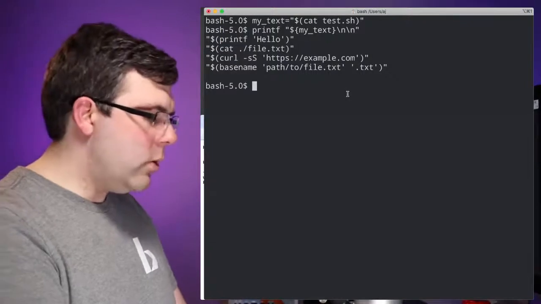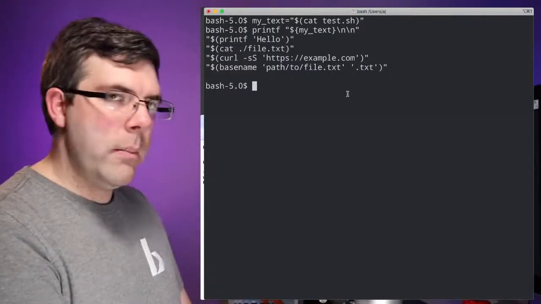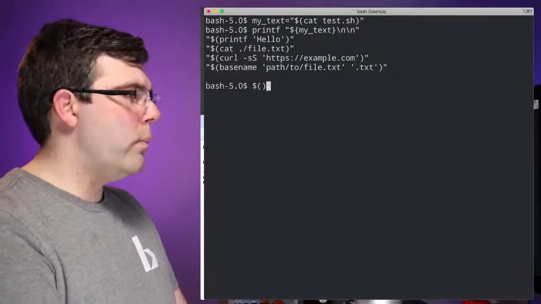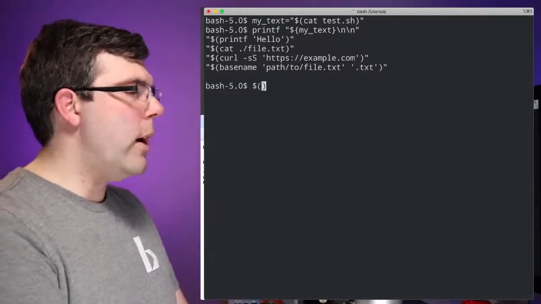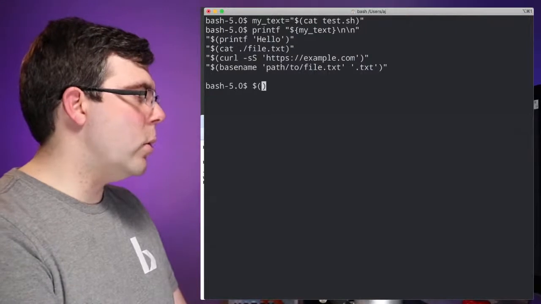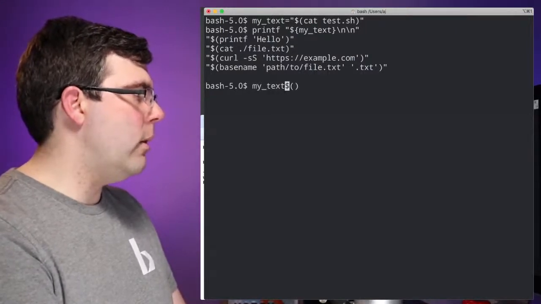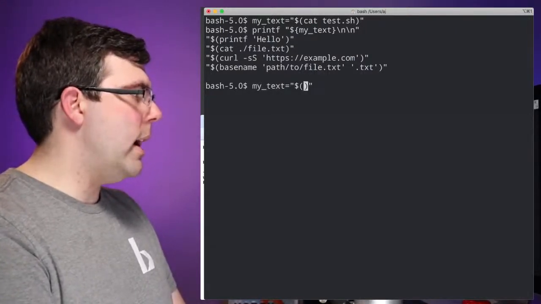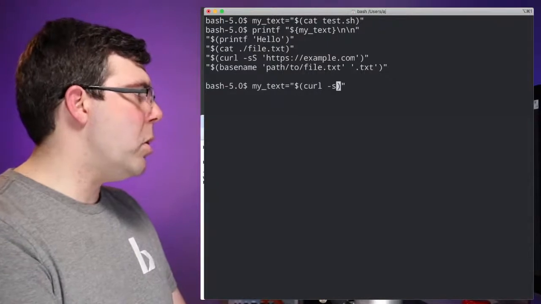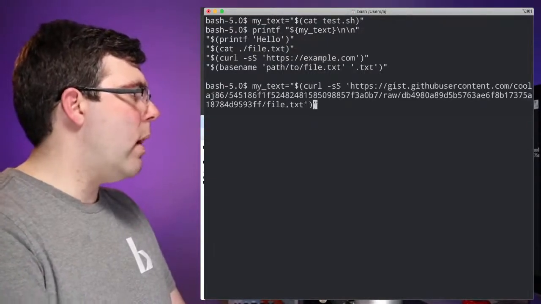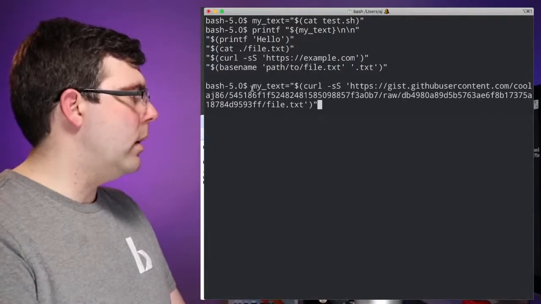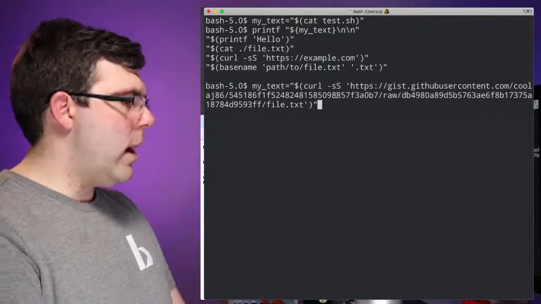So don't worry so much about all of the different commands that we're going to use right now. The primary thing that we're focusing on is how the subshell works. So if I want to download a file and store the file I'm downloading in a variable, let's do this again. We'll call it my text. And I'm going to use the command curl. Don't worry so much about what that is or how it works yet. We'll go over it later. When I run this,